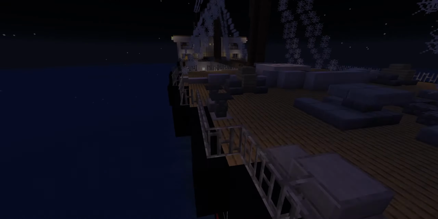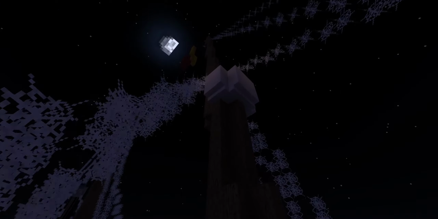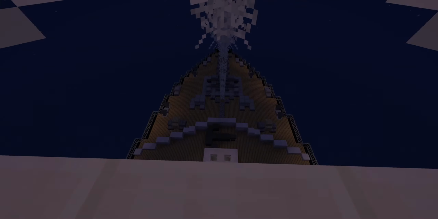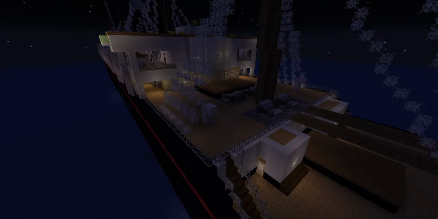Got the nameplate. And you also do have the actual cargo hatch here. Got the foremast with the lookout's nest here. And yeah, okay, so...